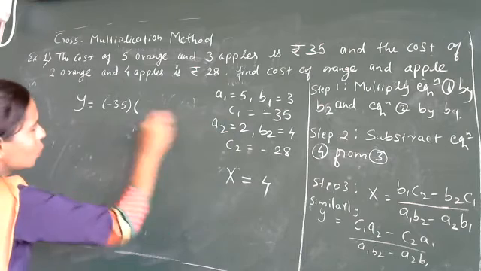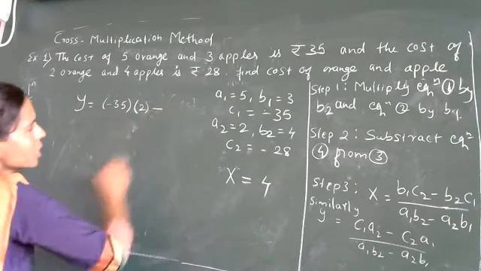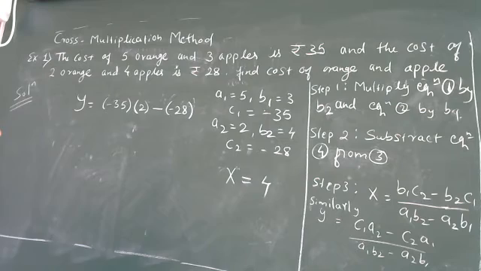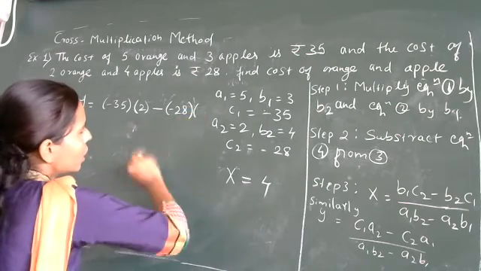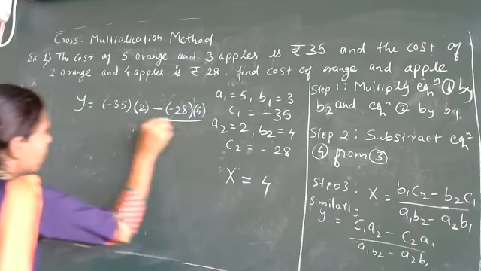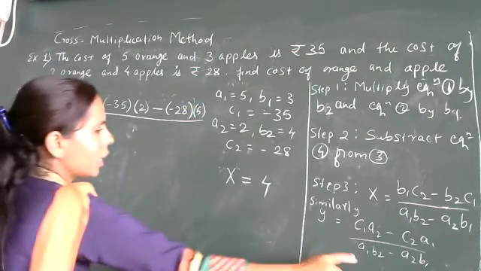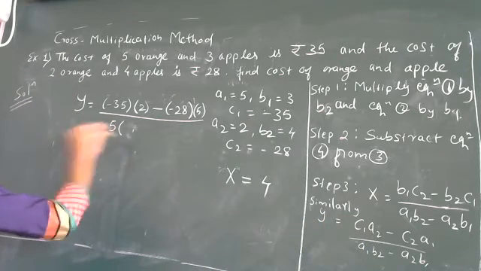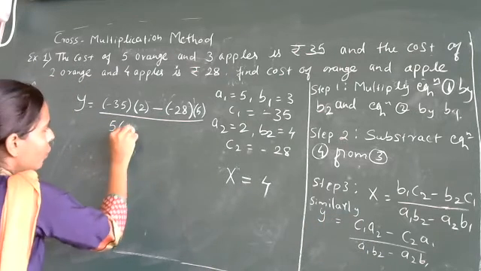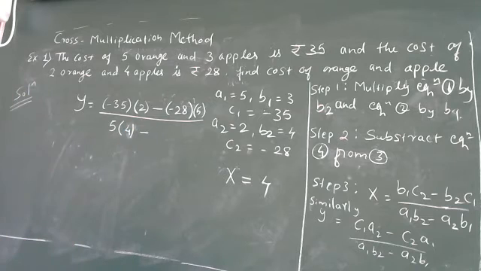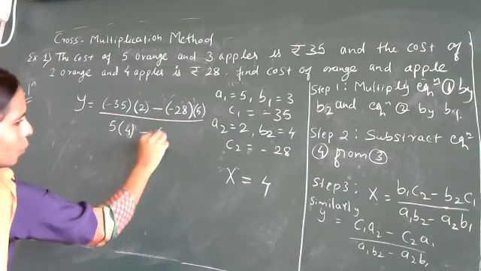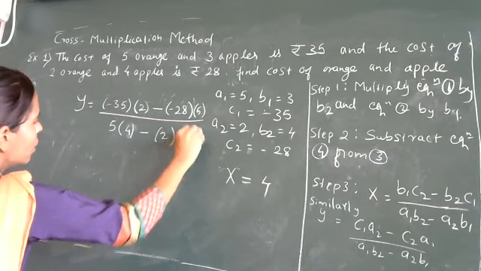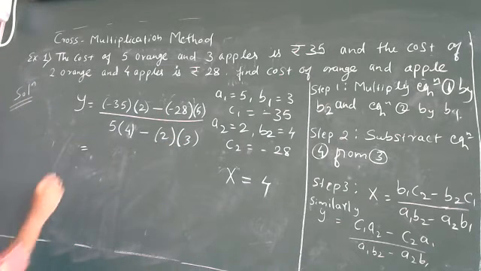A2 is 2, minus C2 is minus 28, and A1, how much is it? 5. Divide it with A1 into B2. A1 is how much? 5. B2 is 4, minus A2 is 2, and B1, what is B1? 3. Take a multiplication, 35 to